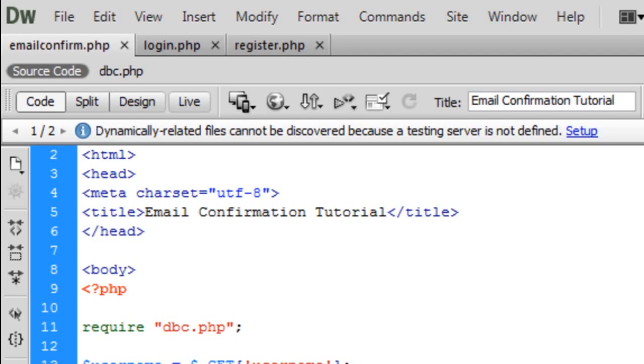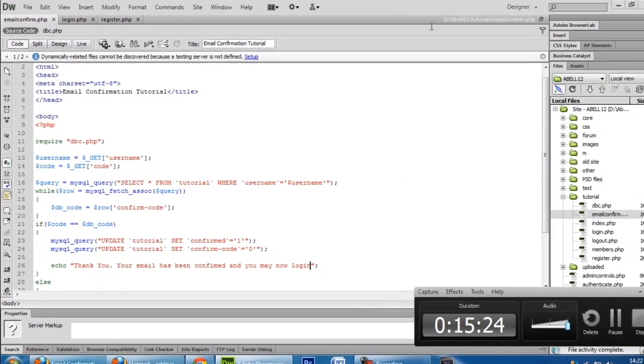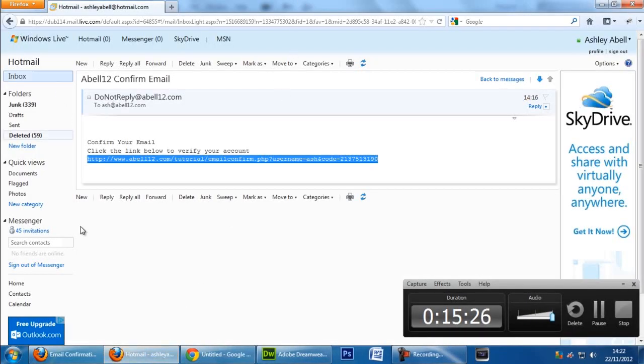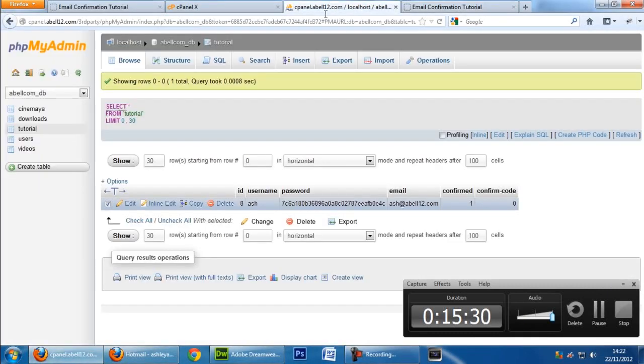It's not working too good, but oops, do I load Chrome up? It's working, it's just I've messed up a bit. But that's worked. You just didn't have an echo message in there. So once you put that echo message in, you should get that echo message, and the values in the database